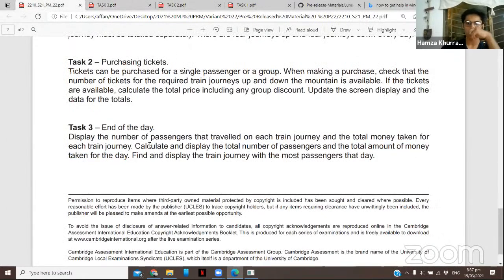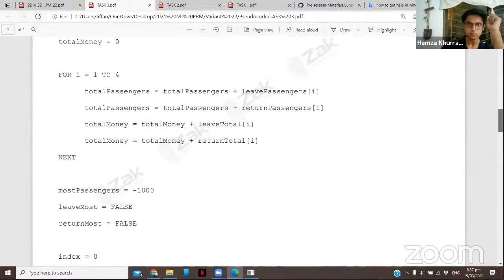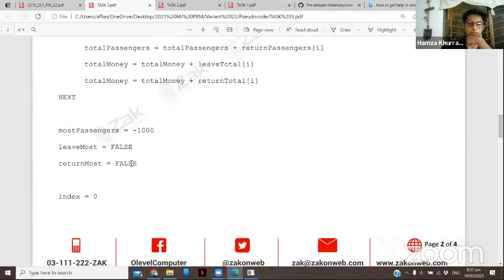And so next we have to calculate and display. So we'll do that in just a second. But what we need to do is find and display the train journey with the most passengers. This is where this part comes in. And okay, so here what we're doing is a couple of things. We have said that